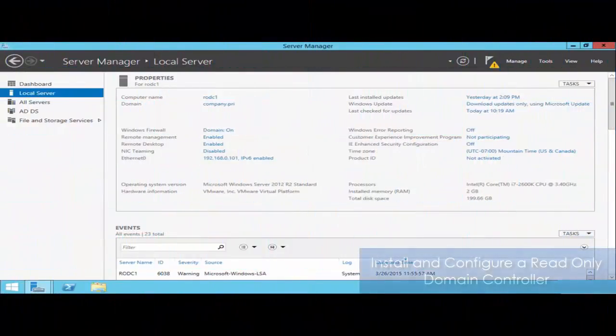For our next task, we're asked to install and configure an RODC, a read-only domain controller, which during the introduction I already kind of pitched as the solution for a very specific use case. Remember, the whole point behind Active Directory and its multi-master model is that an Active Directory domain controller in one location has essentially the same copy or view of the database as does every other DC in the entire Active